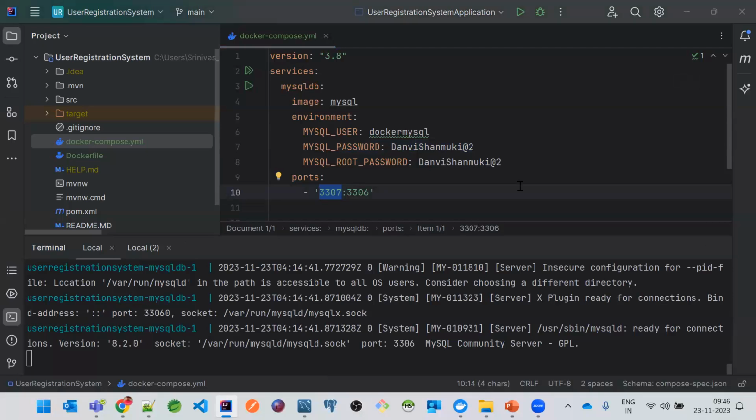Yes, Suresh. Yeah, you mentioned 3307 and 3306, right? So that means we cannot have the same port number for the container and our local. Okay. Yeah. That's what I need to understand. And the password that you are giving, you are exposing the password, right? Can we encrypt? Yes, we can also do the encryption